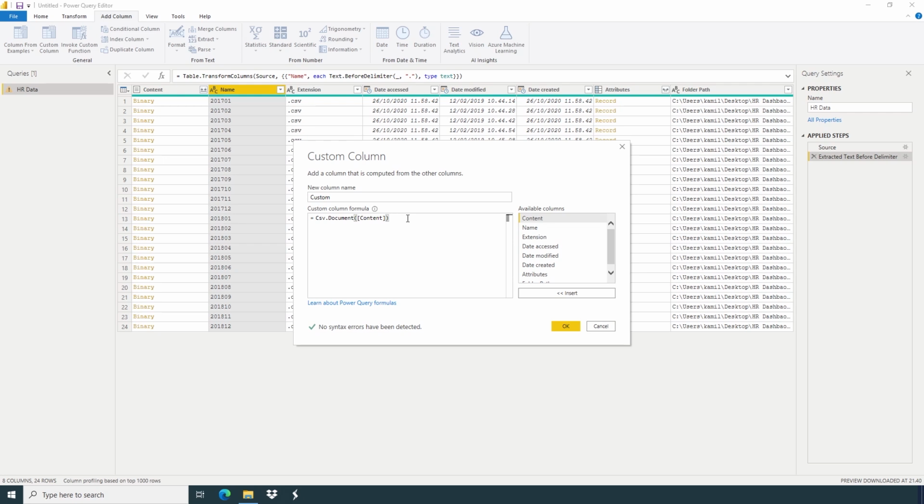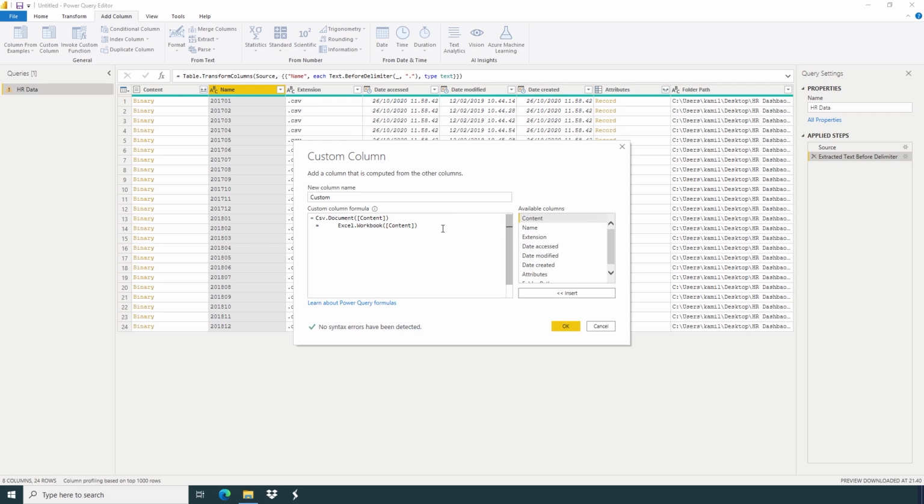Now here I have only CSV files, but if you have Excel files or PDF files, you can write equal to, for example, Excel.Workbook and Content, parenthesis close.